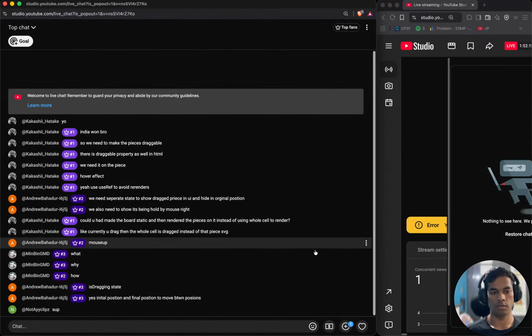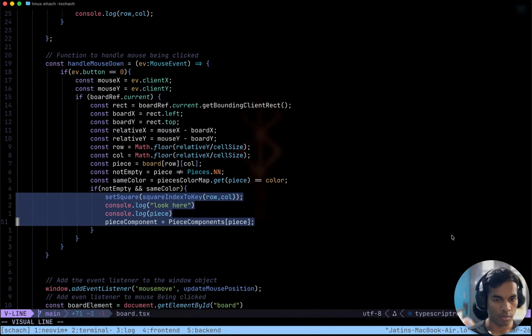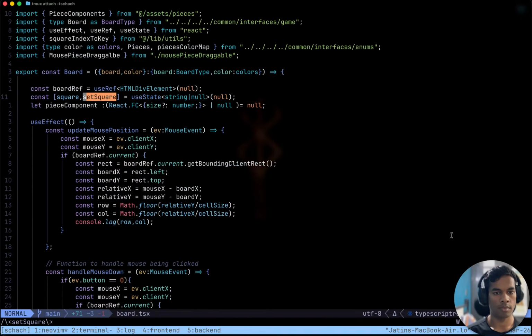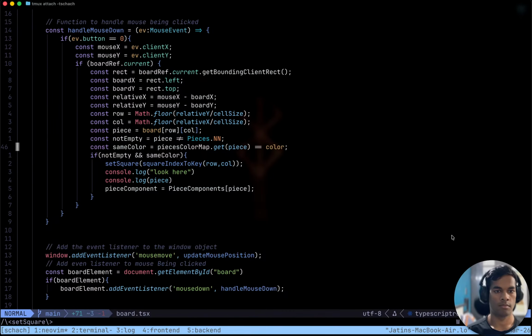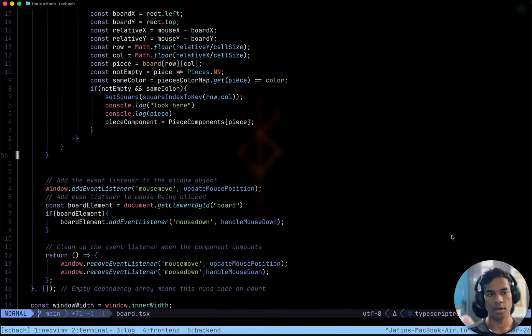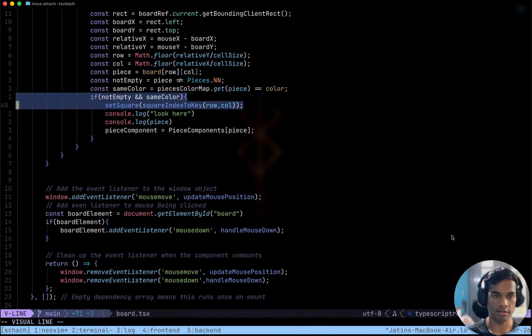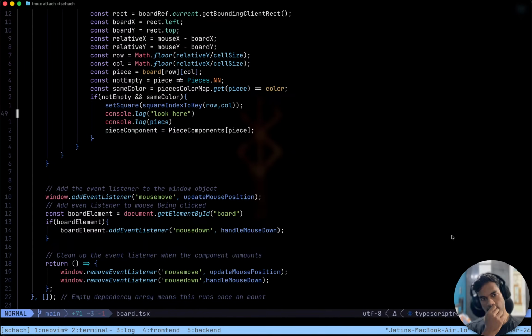Look here. Okay, look here is never being printed. So what is the problem? Look for this thing. Hover effect should be there if square is not equal to null. Then there should be hover effect. So square is changing from null to something else. So this line is being called, but we do not see console.log ever, which is messed up.